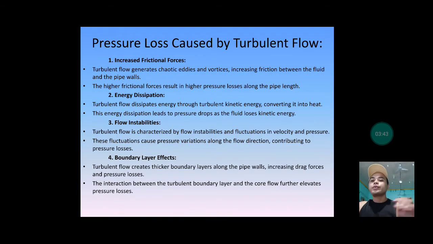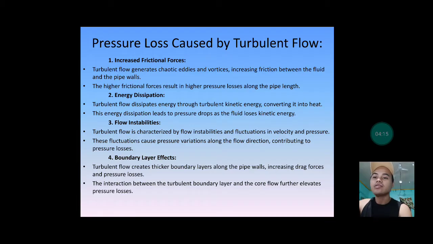Okay, pressure loss caused by turbulent flow. Increased frictional forces. As turbulent flow generates chaotic eddies and vortices, it increases friction between the fluid and the pipe walls. The higher friction force results in higher pressure loss along the pipe length. Energy dissipation. Turbulent flow dissipates energy through turbulent kinetic energy, converting it into heat. This energy dissipation leads to pressure drops as the fluid loses